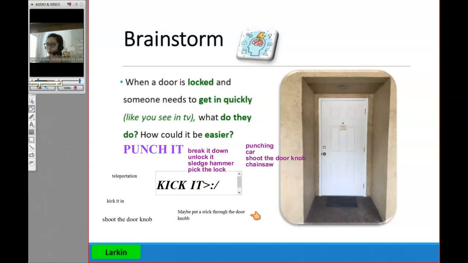Why would it be harder to get the door open? I would say easier. But let me know in the chat box if you think it's easier or harder and why. Getting some answers in there. Oh, sorry. I should say wider, but still the same weight. So the doors are the same strength, and if you add another person, is it going to be easier or harder? If you have two doors, they're the same strength. One of them you're trying to open by yourself, the other one you have a friend, and the doors themselves are the same strength, then is it easier or harder by yourself or with a friend?